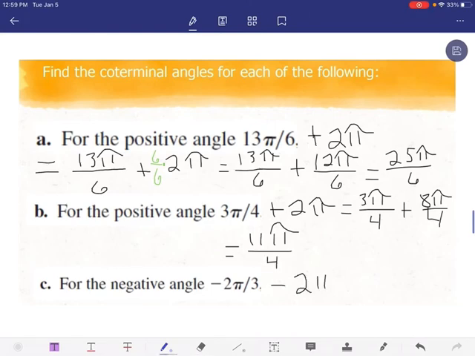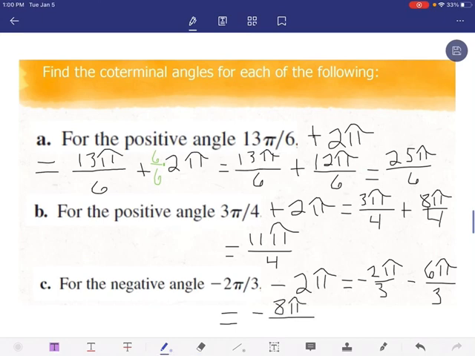Lastly, on this one, they ask us to find a negative coterminal angle, so that's why we're going to subtract 2 pi this time instead, but really the process is pretty similar. We're just subtracting. So notice that our denominator this time is 3, so we need to find a common denominator with 3, so we get 6 pi over 3. So we have negative 2 pi over 3 minus 6 pi over 3, which is going to give us a negative 8 pi over